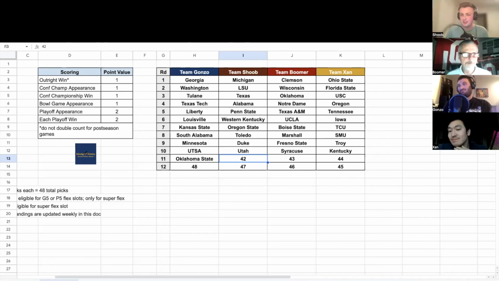UCF, I'm not super high on them joining the Big 12, though my power rankings definitely are high on them. I don't necessarily agree with that. And then there's Ole Miss, which, you know, I already have 2 SEC West teams, but I have Ole Miss here pretty high despite the really tough schedule.